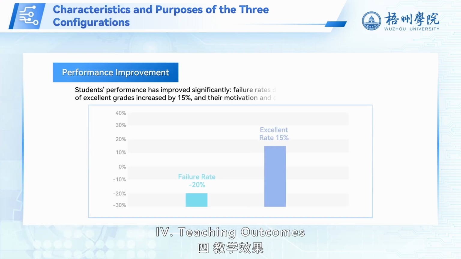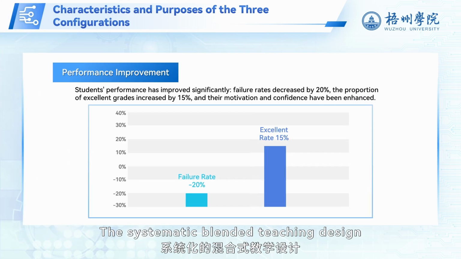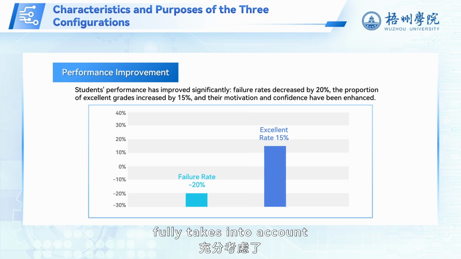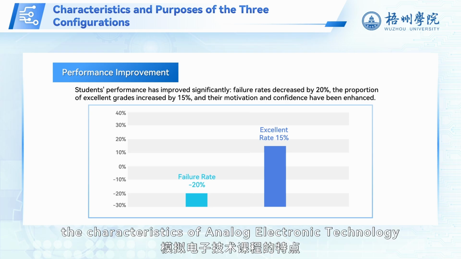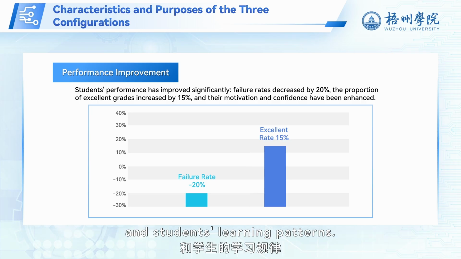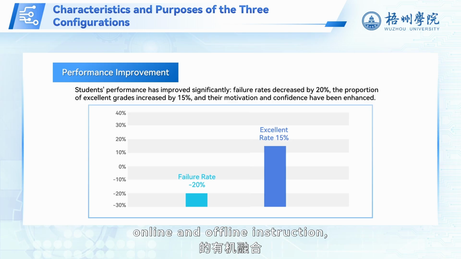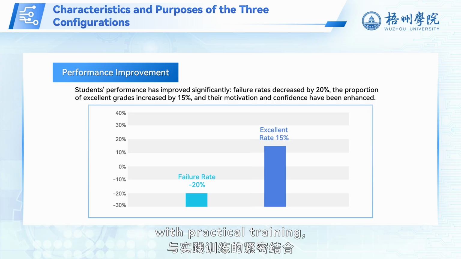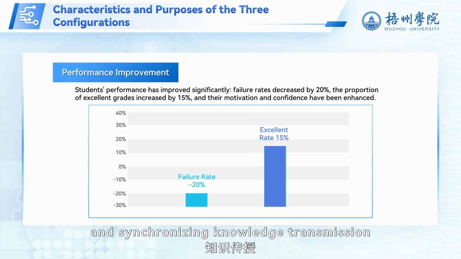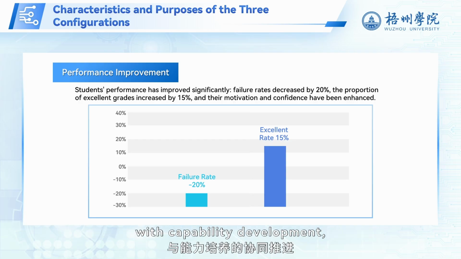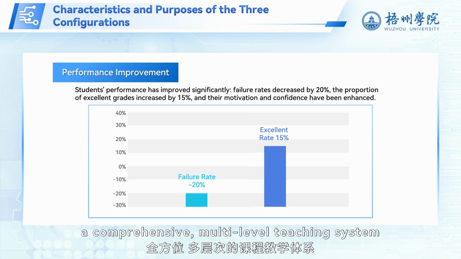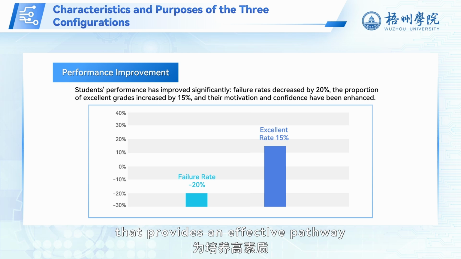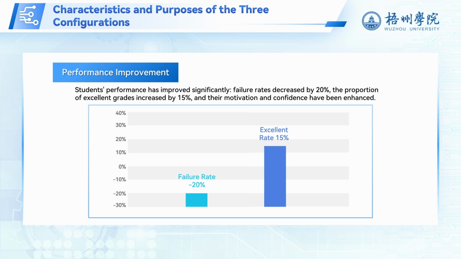4. Teaching outcomes. The systematic blended teaching design fully takes into account the characteristics of analog electronic technology and students' learning patterns. By organically integrating online and offline instruction, closely combining theoretical teaching with practical training, and synchronizing knowledge transmission with capability development, the course has established a comprehensive, multi-level teaching system that provides an effective pathway for cultivating high-quality,